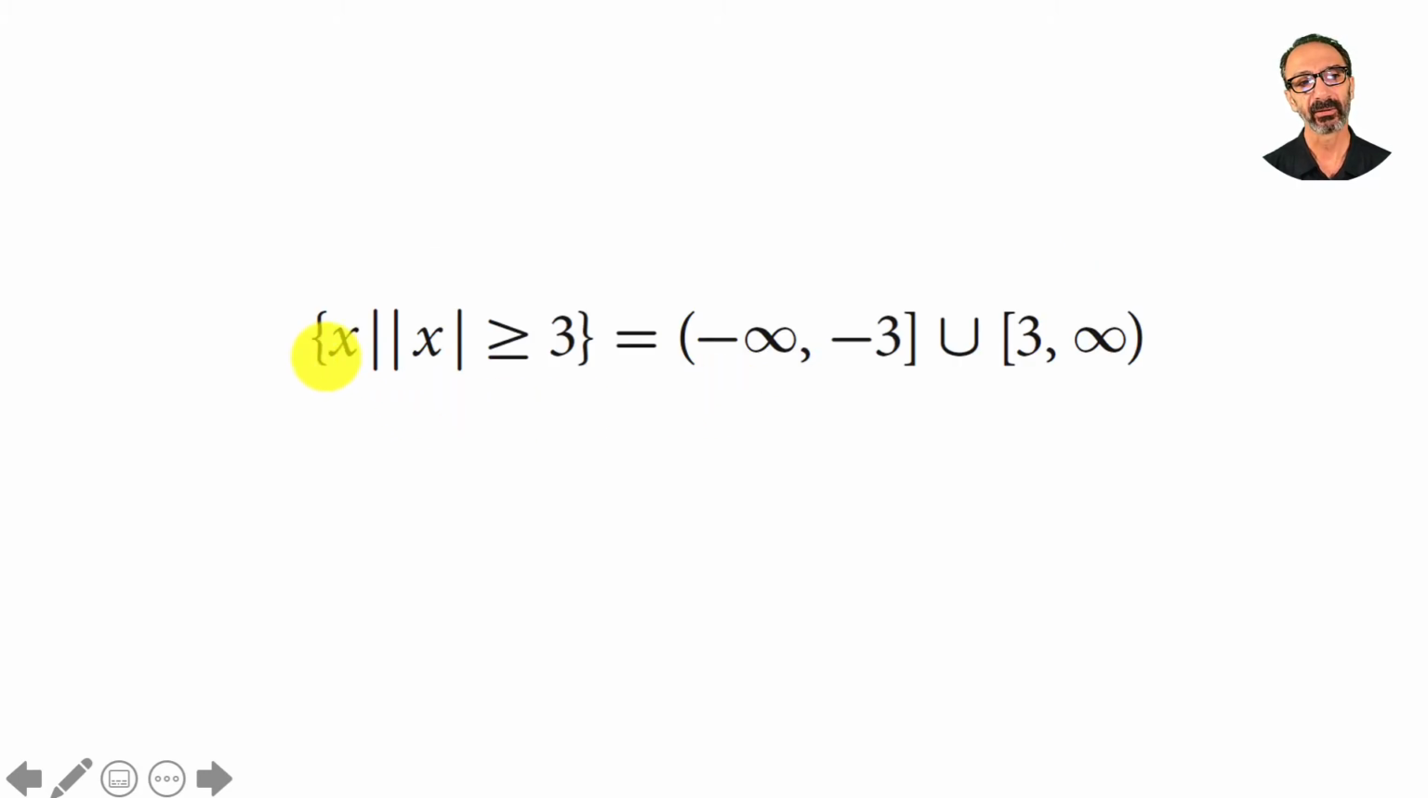This one here, as a set, says x such that, I know it's kind of a little bit confusing with double lines, but this line is such that, and these two lines mean absolute value of x, such that the absolute value of x is greater than or equal to 3. That means from negative infinity to negative 3, if you solve it, union from 3 to infinity, including 3, including negative 3. If you go back to 2 videos before this one about inequalities,